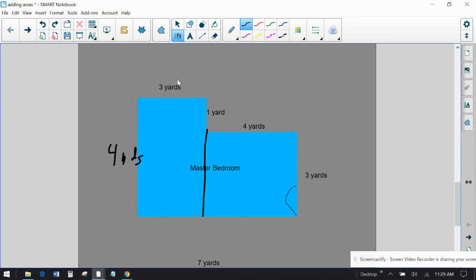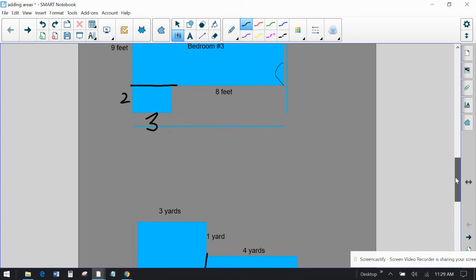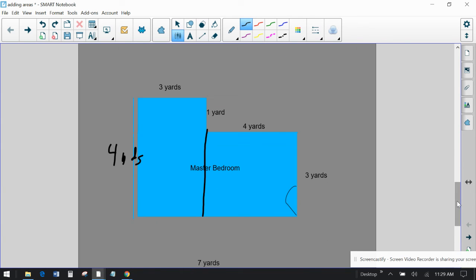Notice we switched to yards too, by the way. So you can measure length in all different kinds of units. Those were feet. Now we're doing yards. It could be meters. Depending on what you're measuring, it could even be miles or kilometers if you're measuring city blocks and stuff. So, anyways,